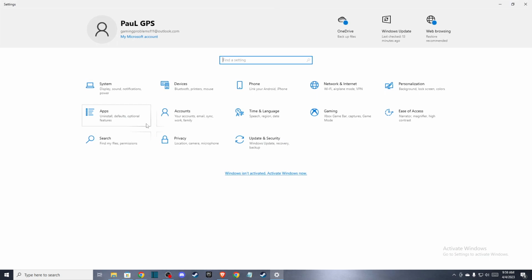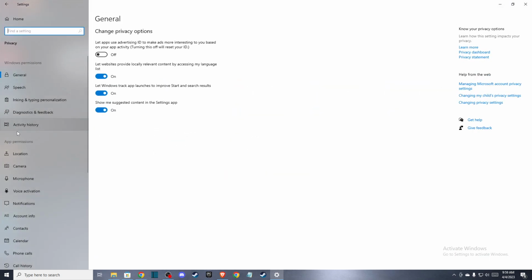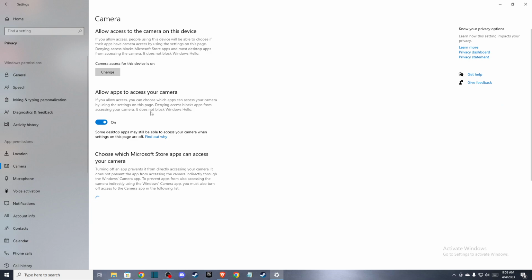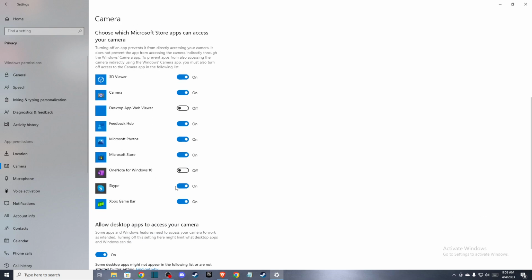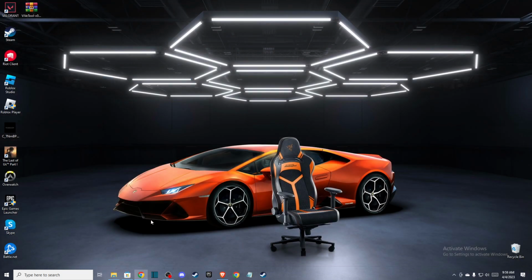And then you need to go to privacy, and then go to camera, and you need to make sure that "Allow apps to access your camera" is toggled on, and Skype is toggled on as well, right? And if these two options are on, then you need to go back to settings,